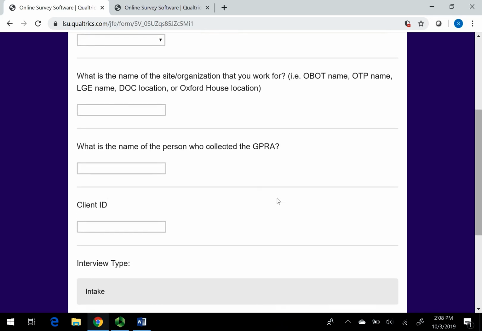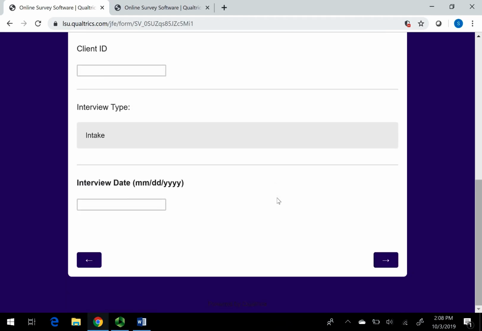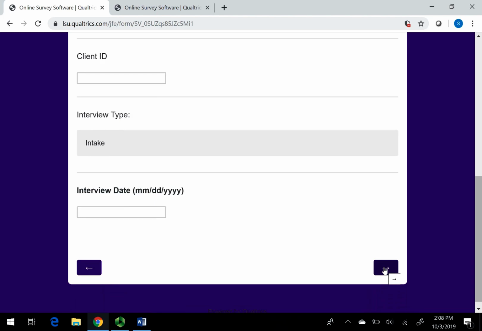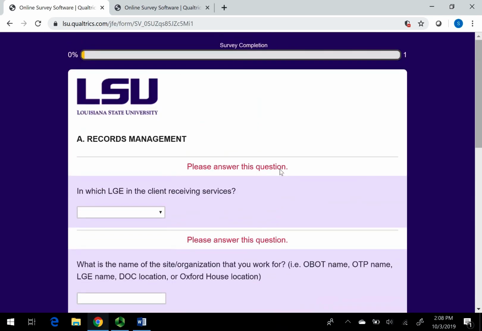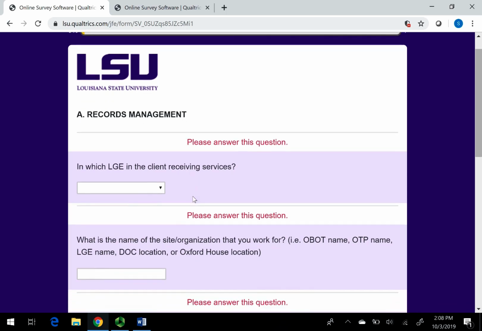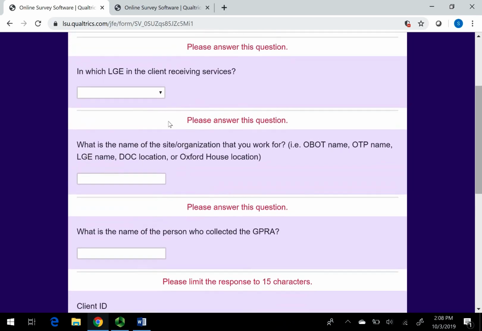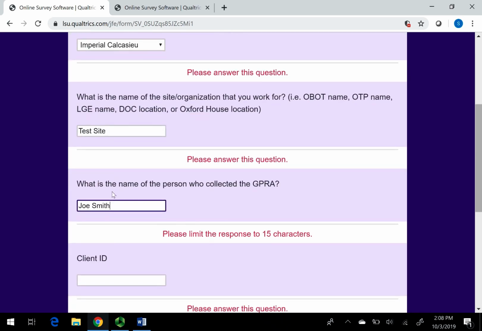Many of the indicators for this survey are required, and in fact we won't be able to submit these to SAMHSA unless you enter them in. But the system will facilitate you entering in all required data. So if I try to click this button to go to the next page, you'll see that I get these error messages in red, and they'll highlight the indicator in a sort of purple color saying, please answer this question. So I have to answer all of these. So I'm just going to pick out random information here. Test site, Joe Smith, and client ID, we'll say it's 5Z, client number 25,